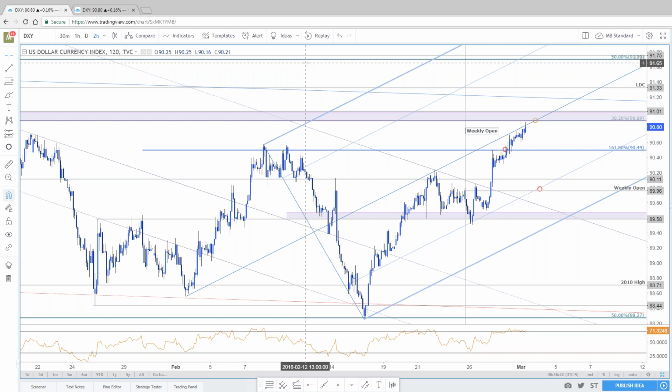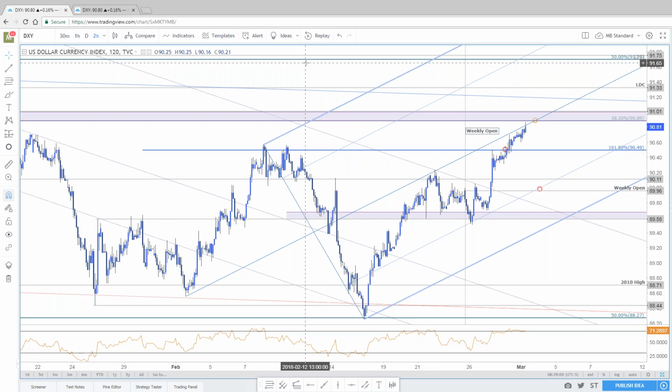Initial jobless claims came in lower, so better than expected: 210,000 versus a 225 expectation. Keep in mind that although tomorrow is the first Friday of March trade, NFPs will not be released. They've pushed that back to next Friday. Typically the first Friday of every month is the release of the non-farm payroll employment report. That's pushed back till next week, so we'll have to wait a little bit longer on that.